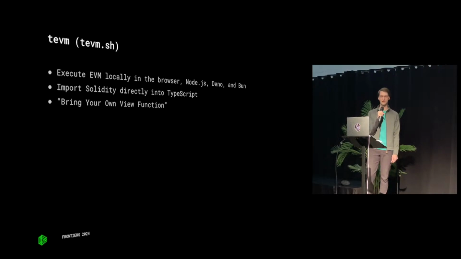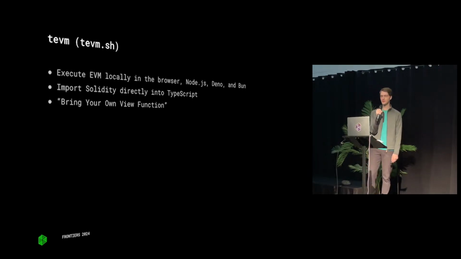You can execute an EVM locally in the browser, which potentially is really cool. Just like EVM execution is really useful for plugging directly into a node, so you don't have to worry about network and serialization, deserialization. Potentially being able to execute EVM locally in the browser, doing simulations and stuff like that, potentially speeds things up. And also with Node or Deno or Bun as well.